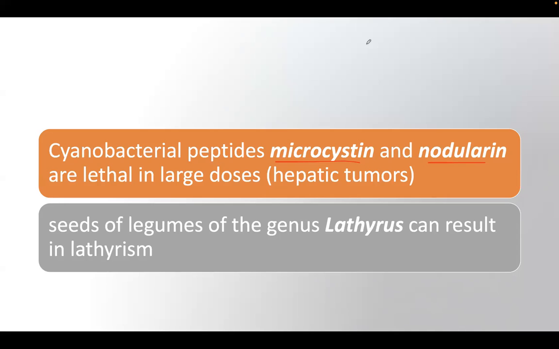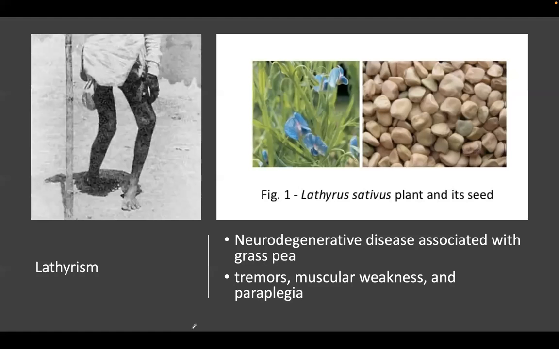Another very important group of amino acids are those found in the seeds of legumes, particularly the genus Lathyrus. I'll explain this in a while because there is a neuroparalytic disease mentioned in italics in Harper's, called Lathyrism or neurolathyrism. Here is what I want you to remember and bring with you to your respective exams.